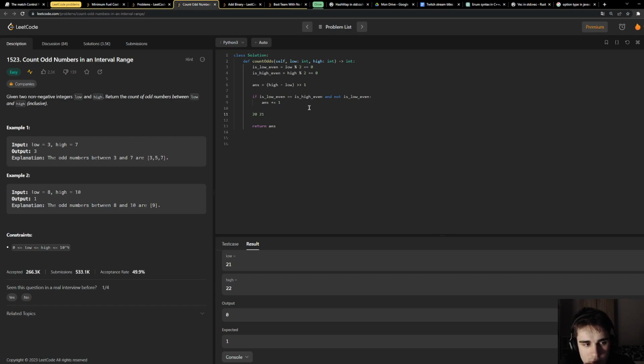If is low even, I think I'm doing the negation part, which is not what we want.